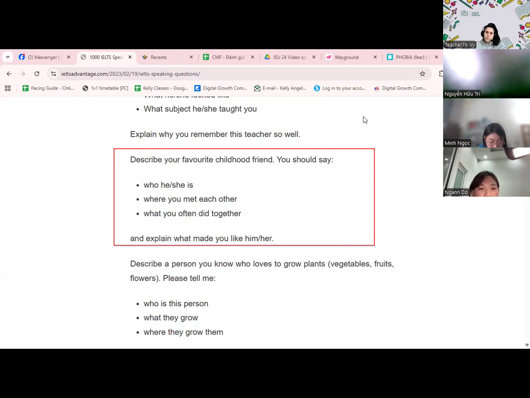cooking together. And the best part that I have tried with him is we studied together to take the graduation exam when we were in grade 12. And because nowadays he's not studying with me